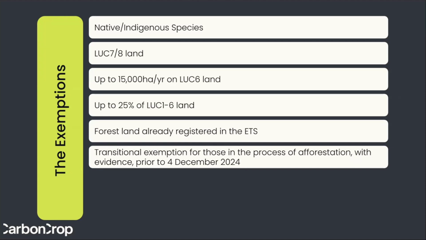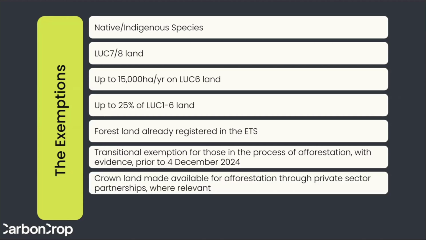To give credit to the various parties on the government side involved, they have gone to quite some lengths in the announcement to emphasize that they are not looking to penalize or disadvantage existing investments. I think the challenge is exactly how you avoid doing that and to what extent is really tricky, and there's still quite a few open questions on what stage of investment becomes captured by the transitional exemption or not. There's also an exemption for Crown land to the extent that it may be made available for afforestation.